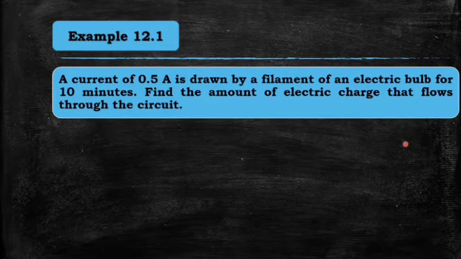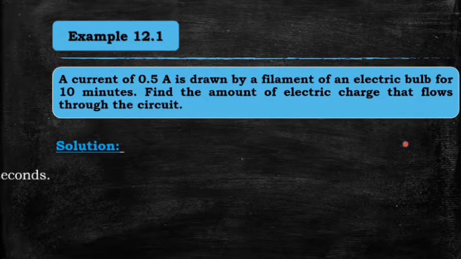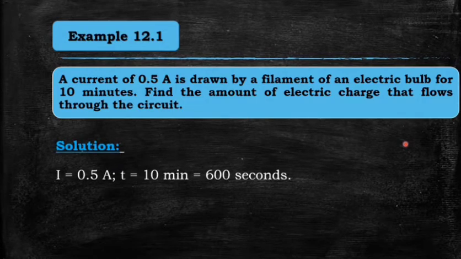I showed you earlier, and remember, whatever formula has been displayed on the screen, you must write it down. I showed you I is equal to Q divided by T, that is, current is equal to charge over time. And that formula will be used to solve this problem. Let us look at this solution. We must write the given things. Whatever has been given, we must write it clearly.